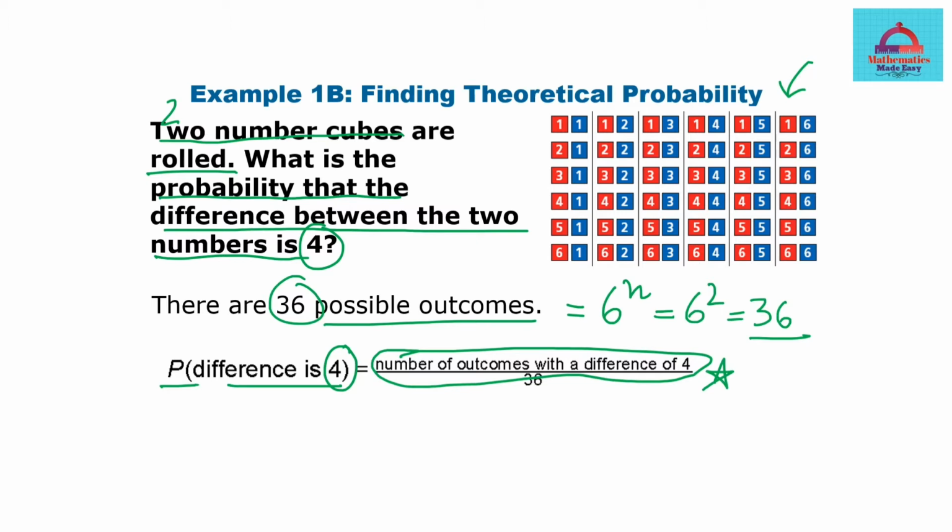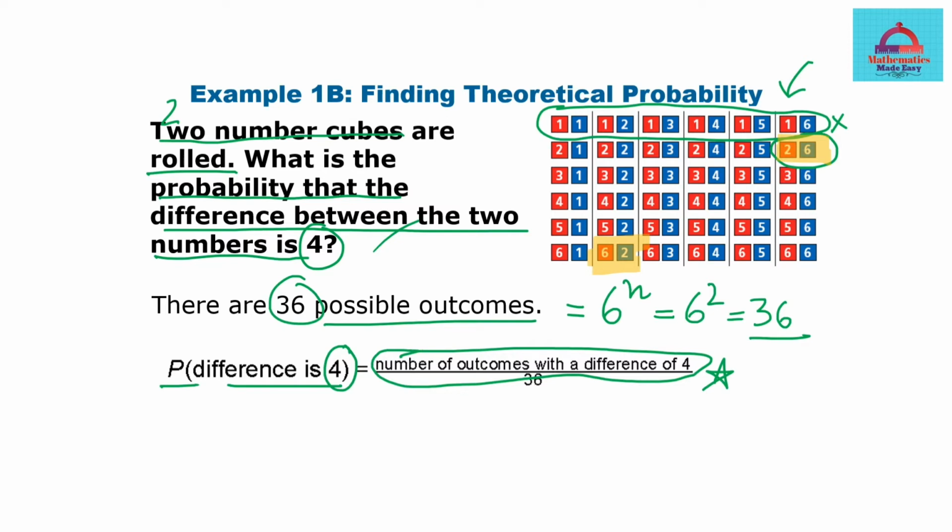So definitely in the first row, if you see, there is nothing out of all of these options which will give you difference 4, so this cannot be a favorable outcome. Let's look at the second one. Is there something which can give us a difference 4? So if we look at the numbers, yes. If we need the difference to be 4, then 2 and 6. This is a favorable outcome. Let me just use my highlighter here and highlight with yellow color the favorable outcomes. This can be one favorable outcome. And if you just take the opposite of this, that is 6 on the first die and 2 on the second, then this would also give you difference 4. So these are 2 favorable outcomes which we have got.